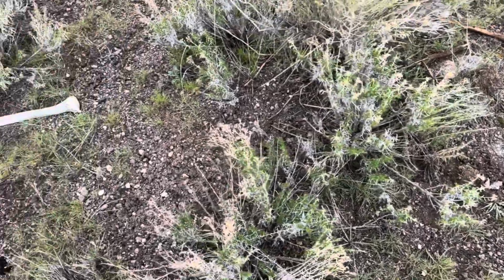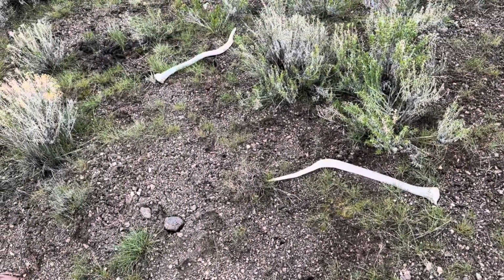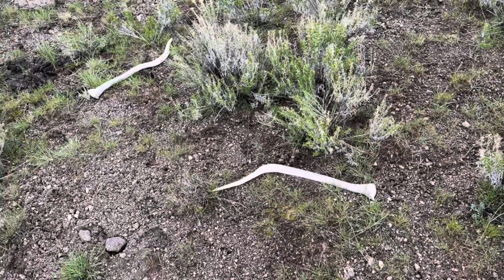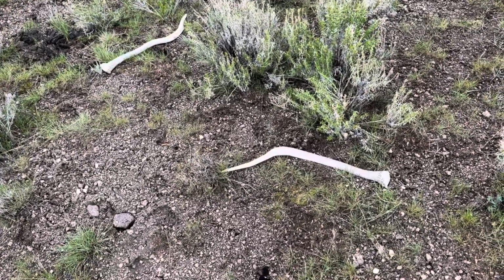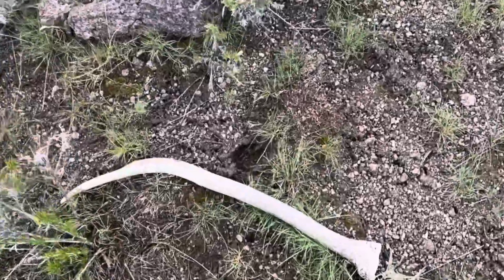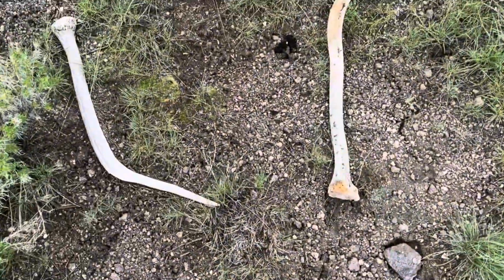Just dropping down in here, and there's the monster number 1, the monster number 2. Side-by-side spike elk set. What are the chances of that? But that's pretty cool. We'll go ahead and pick them up. All right. Hey, at least we're getting a set. Hopefully we can match up the other ones, but